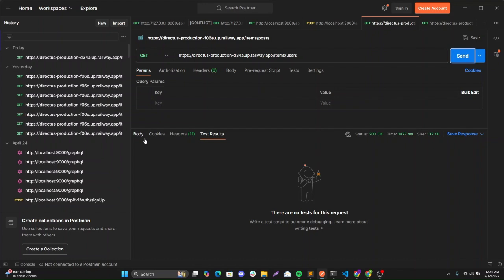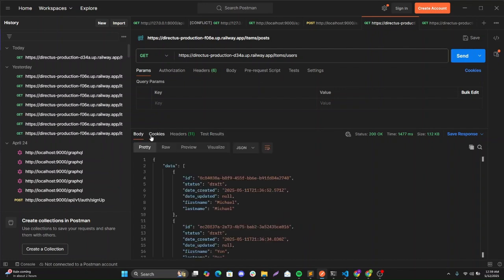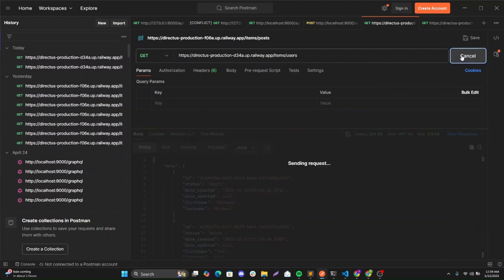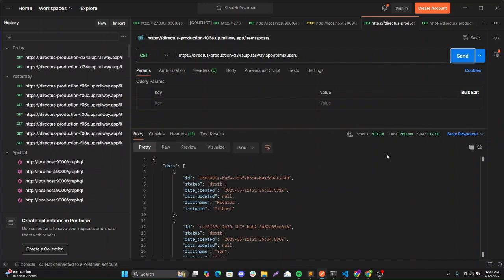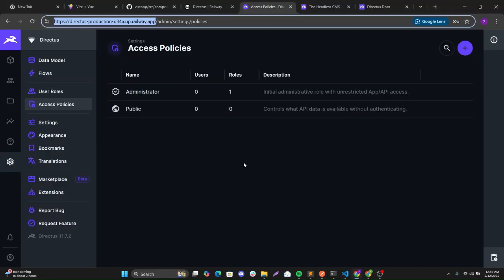So it says okay, but I don't see any results. Okay, this is the data. We are able to get the two names. Can send it again. Yes, so this is the data that we get from our CMS in a production environment. So I think